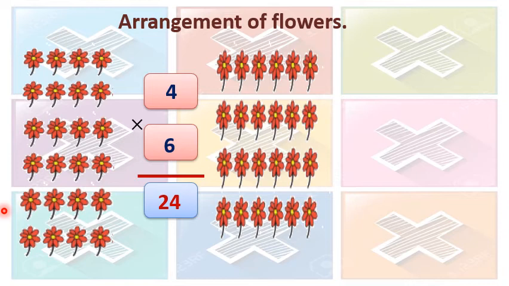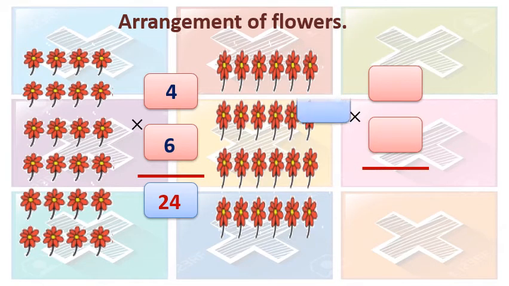Right? Now in the second pattern, we will see there are 6 flowers in each row. And how many rows are there? 1, 2, 3 and 4. 4 rows are there. We will write. Okay. Now here we will write 6, because each row has 6 flowers. How many rows? 4 rows. So we are going to use here 6 times table. 6 fours are 24. Yes.